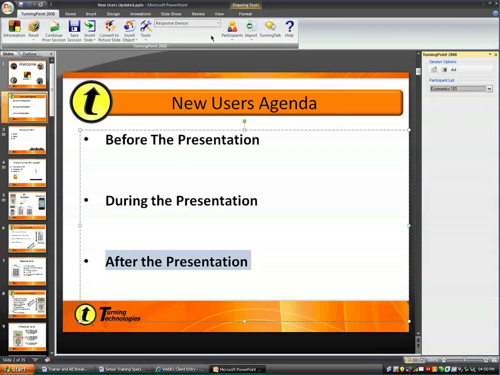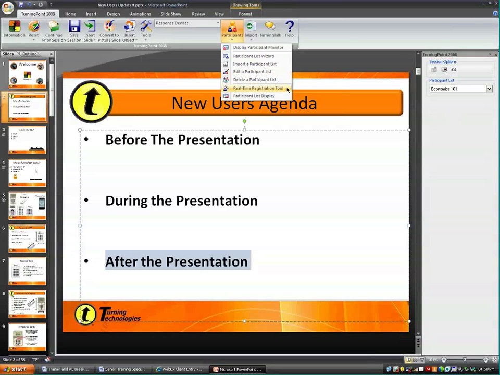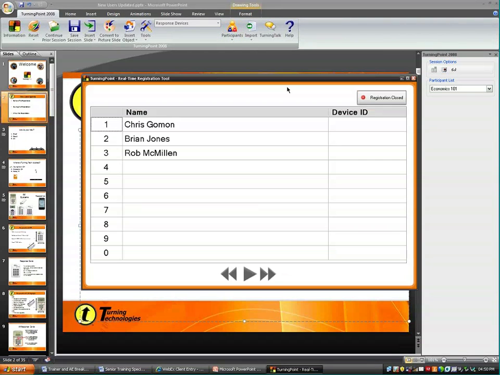That is to click on the Participant tab again and to select the RealTime Registration tool. This now brings up my participant list. I need to open up the registration tool by clicking on the Open Close tab in the upper right-hand corner. Now what's going to happen is the students are going to find where they're located in the list and click